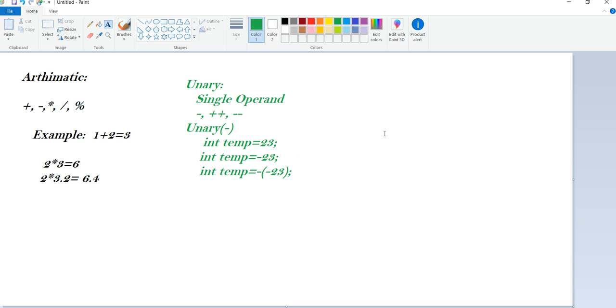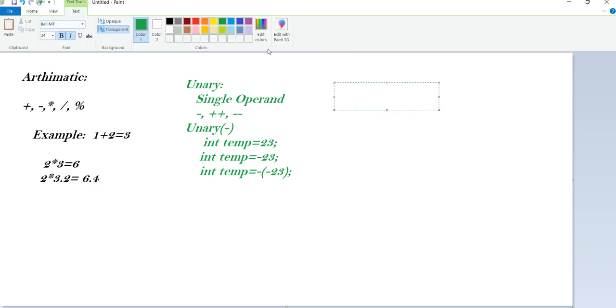Next we'll see increment. If I want to do an increment operation, how can we do it? Increment uses plus plus. When I want to increase something, we use the increment operator plus plus. Using the increment operator will increase the value of a variable by one. It increases based on the position of the increment operator.